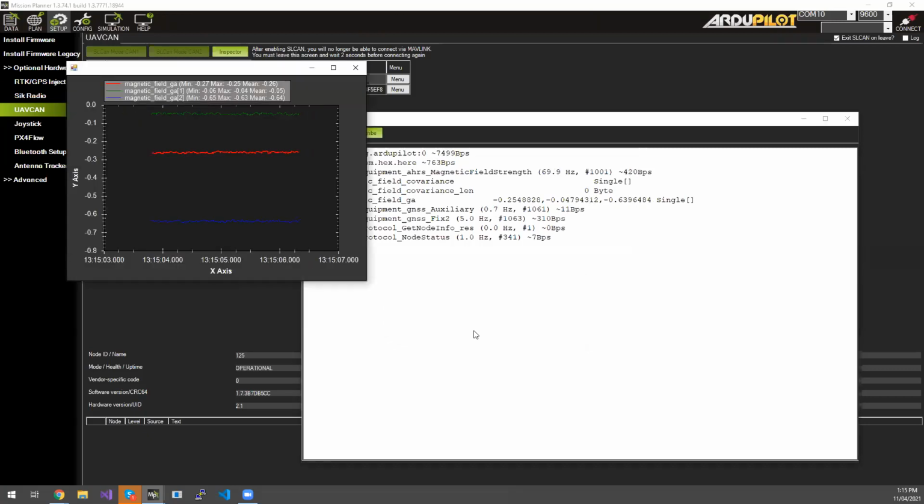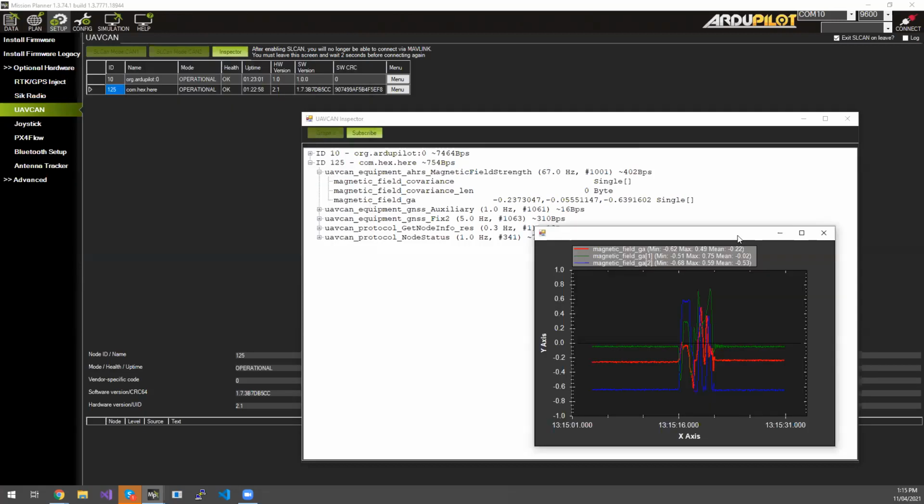Now, because I picked magnetic field and there are actually 3 single values in there, as I graph it, it shows all axes. Let me just rotate this a little bit so it actually does something useful. But yeah, you can see the data and basically do whatever you want with it. So that will